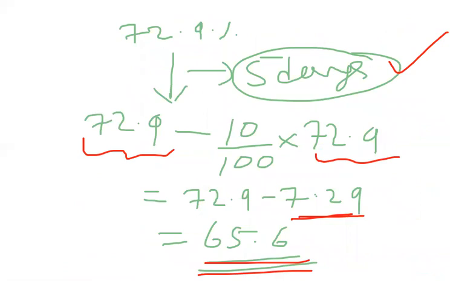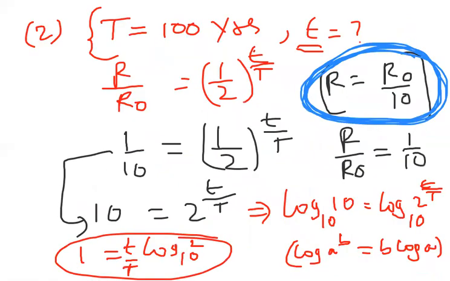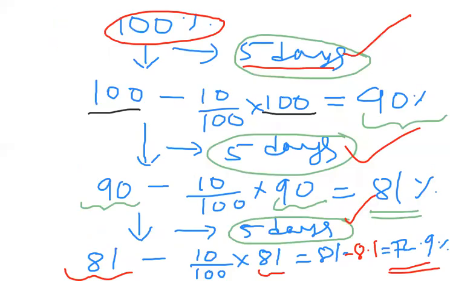I think you understood all these three problems that I discussed in today's class. In the first problem, I discussed the fraction and percentages of remaining and decay. In the second problem, I discussed taking log values, applying logarithms, and how to handle half-life problems. In the third problem, the questioning is different. For every 5 days, 10% decay means you must not misunderstand that every time you have to remove 10% of the original. You have to remove 10% of the remaining quantity every time. Like that we have to handle. I hope you are clear with these three problems.